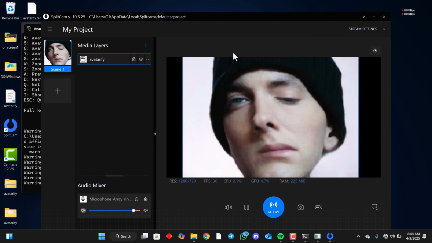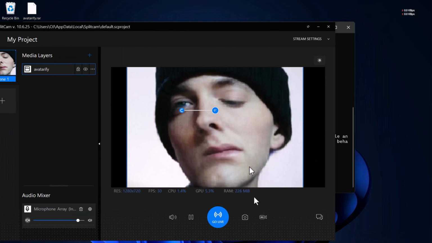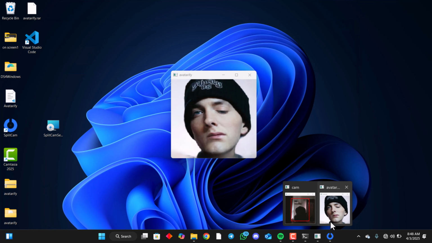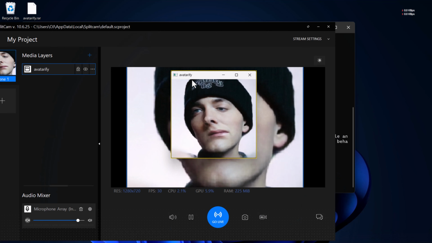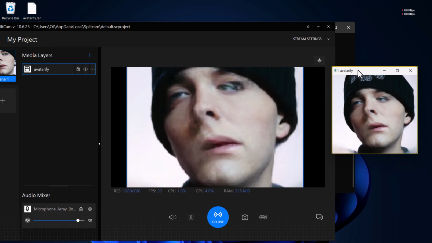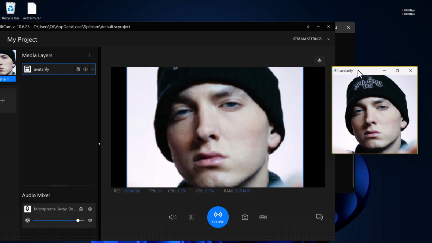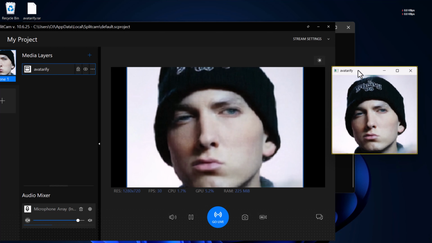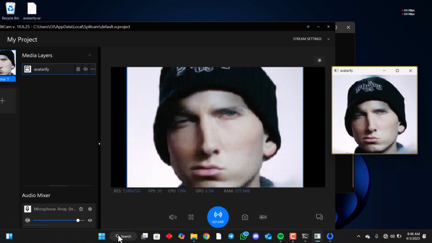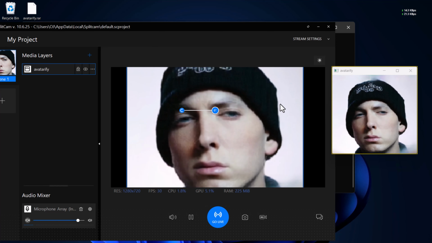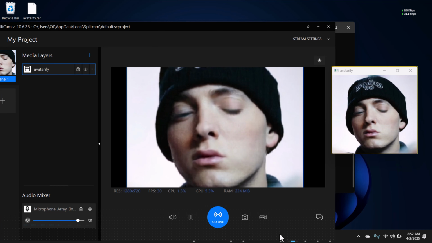So after you have done that, when you click on the avatarify window, I want to show you something. Like this, you click on the avatarify window. When you press X on your keyboard, it's going to recalibrate it. See what has happened there. It's me clicking on the avatarify window. After that, you press X on your keyboard. It's going to recalibrate the avatar face. So let's leave it at that and go to